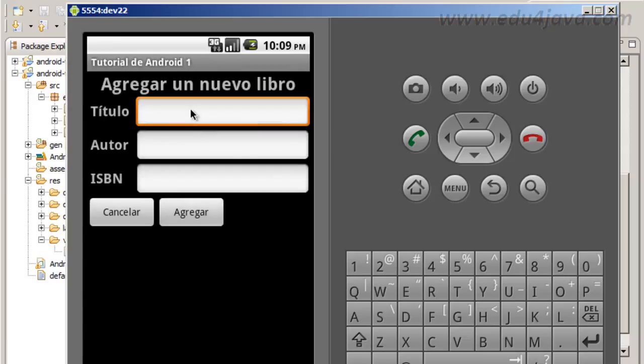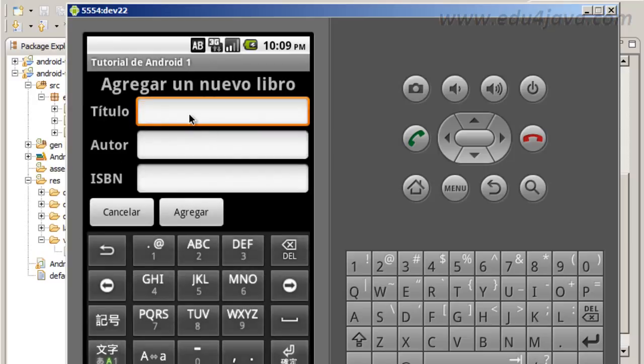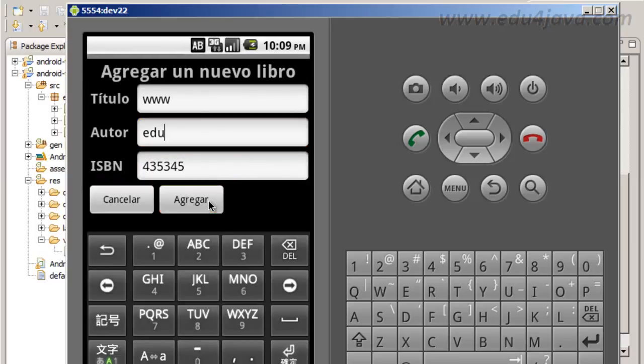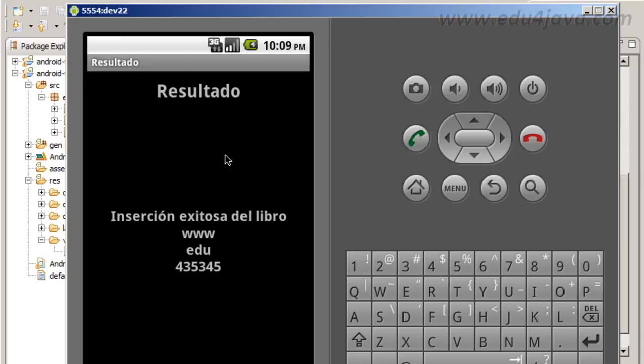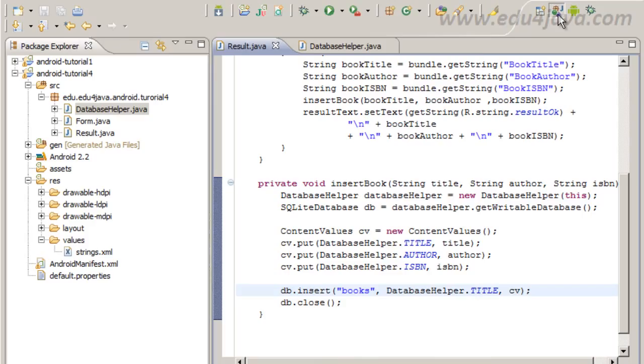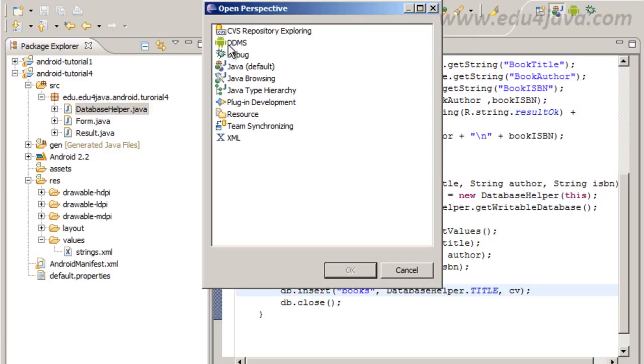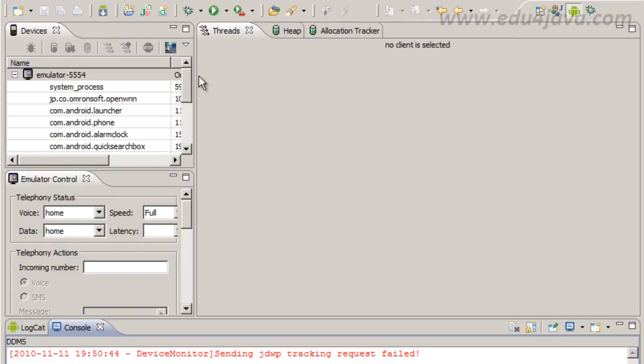Here we have the application. The title is World Wide Web. The author is, as always, Edu. And the ISBN is any number. I send it, and here we finish with the message. Let's see if we have the database created. This is an Android perspective that we can find here, DDMS, and in this perspective there is a